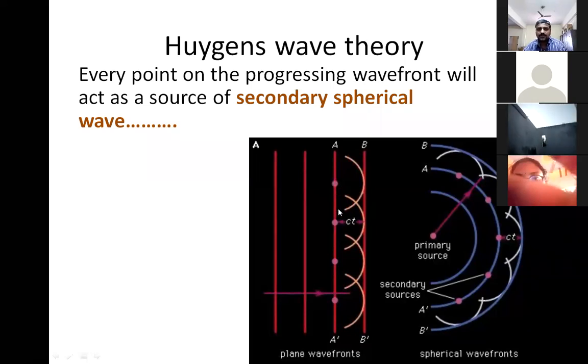Not just this point, even this point also will travel in the forward direction. So I should draw another semicircle like this with respect to this point. And coming to the third point, another semicircle, and coming to the fourth point, I should draw another semicircle, right? So the locus or the overlap of all these wavefronts is going to decide the future of this A dash. That is, at time t equal to 0, it is A dash. At time t equal to t, the new wavefront, this BB dash, is going to be inscribed by these overlaps, right?